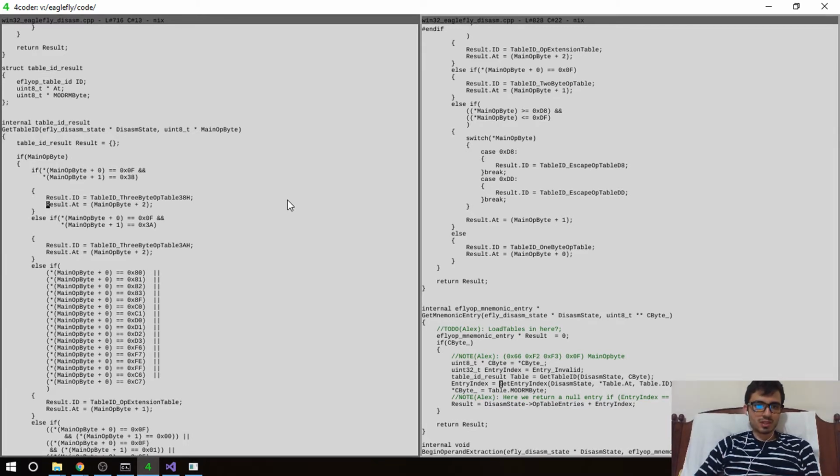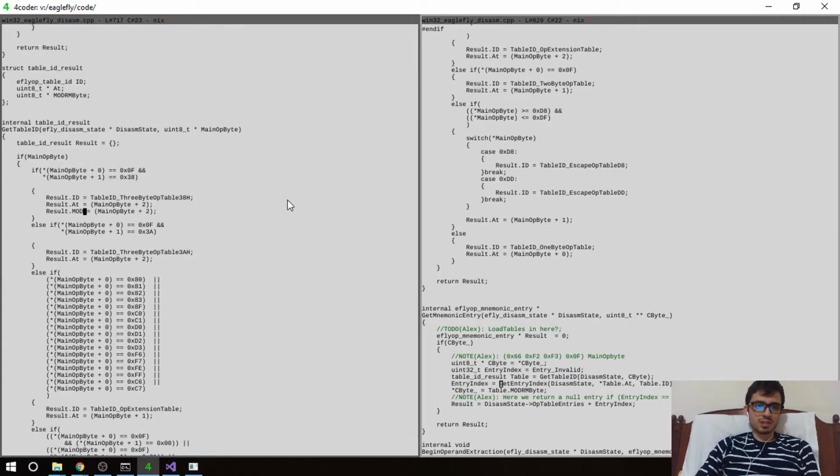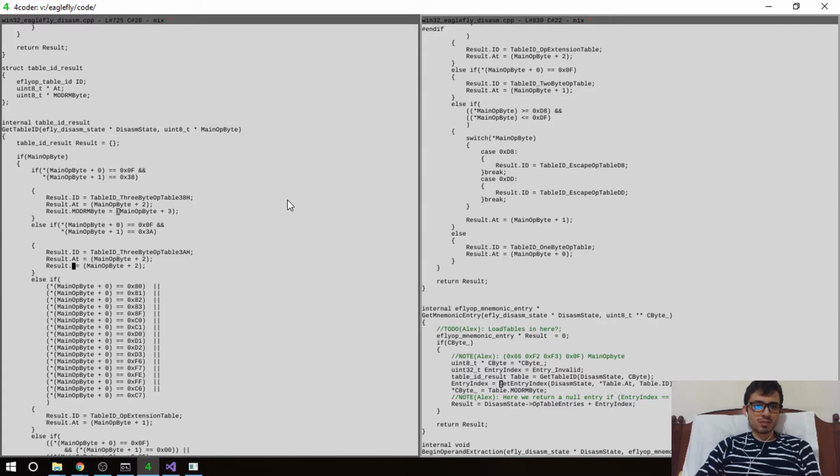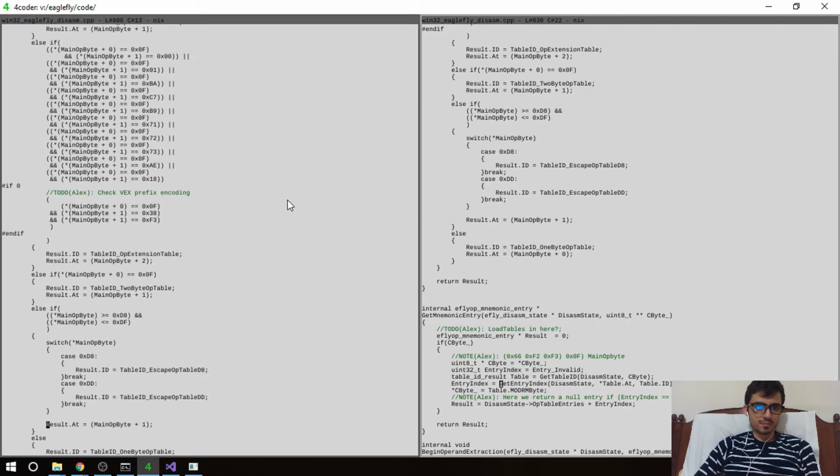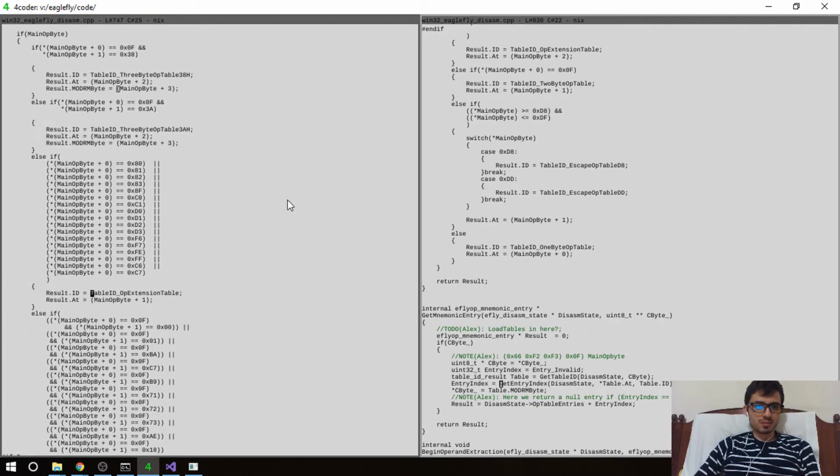And in here we're just gonna say, well, the mother and byte is pointing towards main byte plus 3. I was just gonna say result up plus 1, but in this case it's the same, but I wanna have the same opposite all the time. So we just say mother and byte, and this is the same. And then here, for example, is gonna be the extension thing. So for the extension one, we are going to say